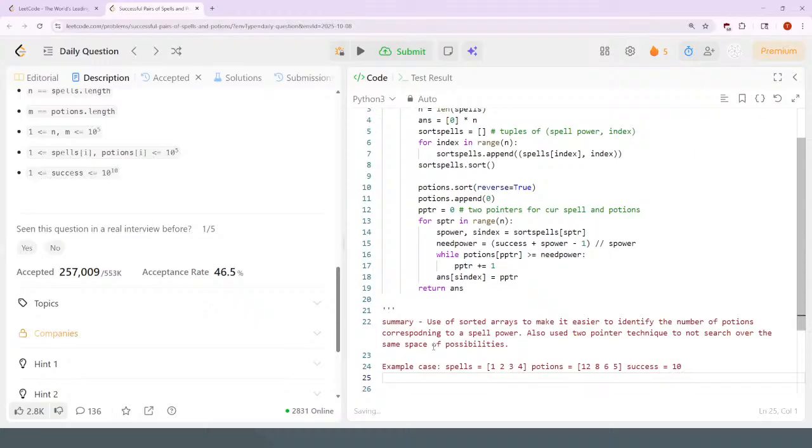Then 1 would match with 12, 2 matches with 6, 2 goes up to